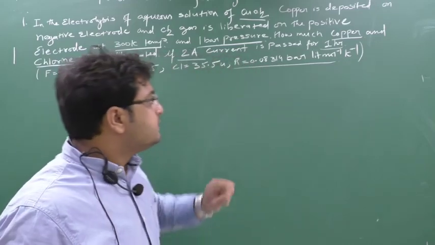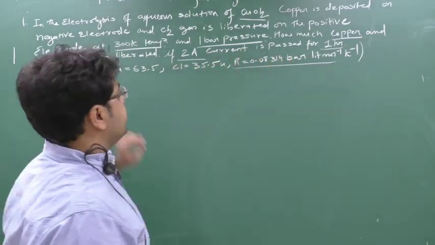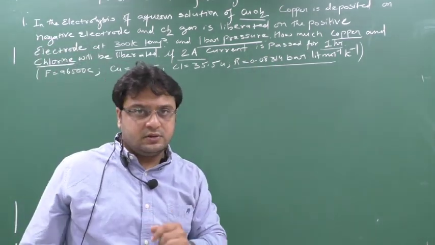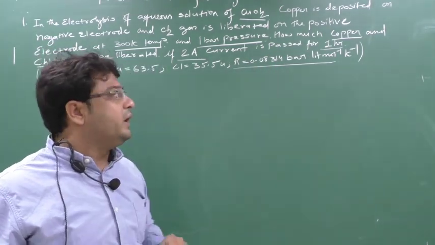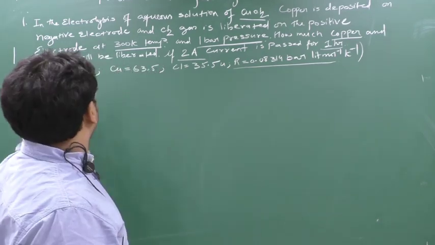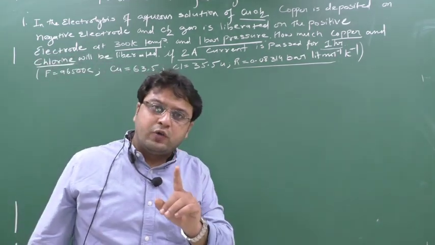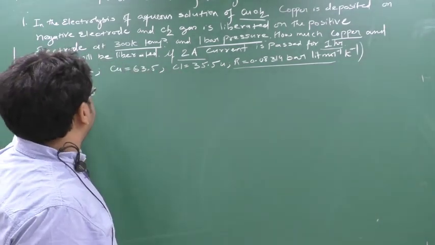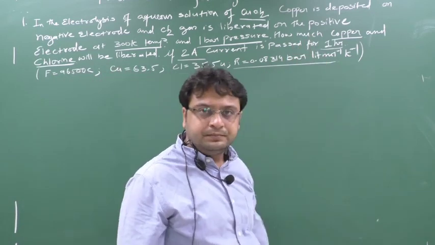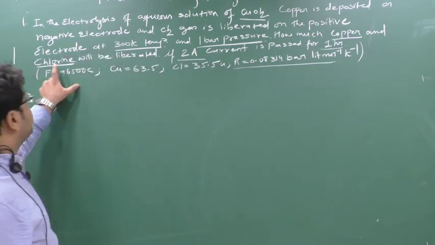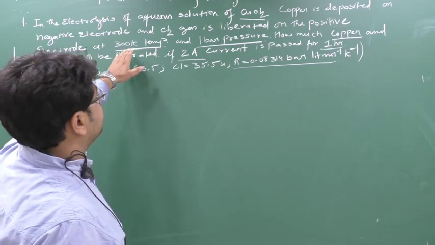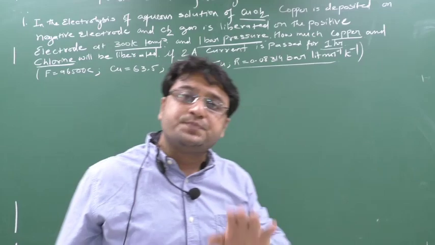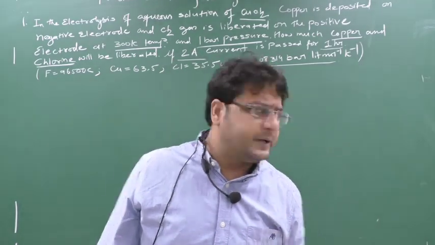Please remember this, how much copper and chlorine. Copper is a solid, whereas chlorine is a gas. So copper should be calculated in terms of gram, whereas chlorine should be calculated in terms of ml or volume. Means here we require V and here we require M. For calculating V, a temperature is given, pressure is given, we can calculate n, we have R, we have T, means we will use PV equal to nRT. See the simple concept. Clear?